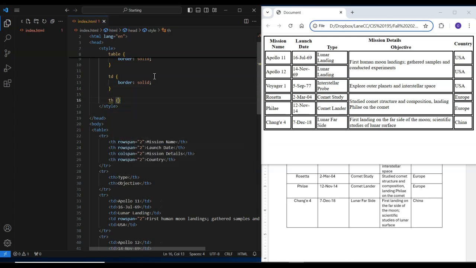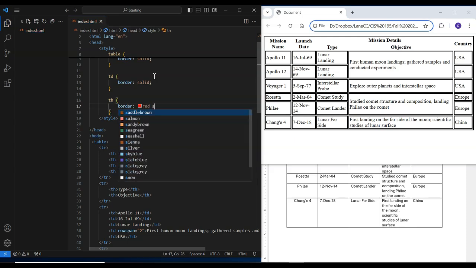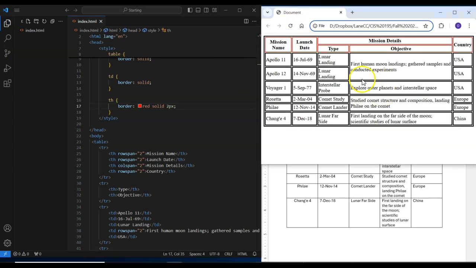So let's just add a style. Let's put a border here, style. There, the border, we'll make it red, solid, 2 pixels. And let's refresh that. So there we go. So we've got a slightly different look for just our header,